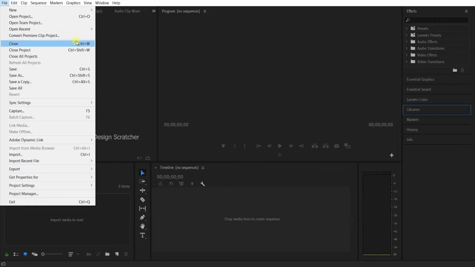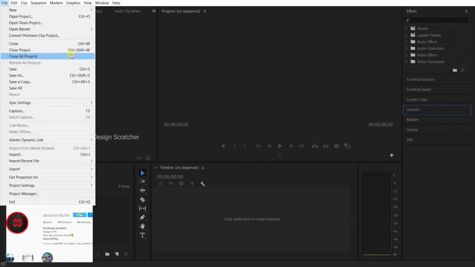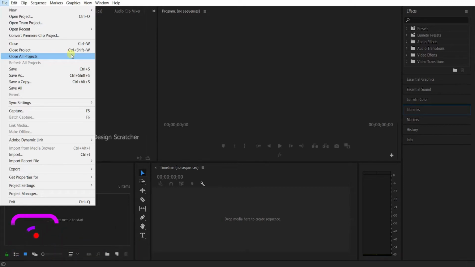Okay. Then close, close means Control W, already for Control W and closing project also closing. Close all projects. If you have many projects will be open, all projects suddenly totally will be closed, means closing all the same. Save we already know. Save means Control S. We save. Save as means already saving. Otherwise, I can change for the saving file, means Control Shift S means shortcut for the save as and save for copy. Same copy for other files. Control Alt S means save all. This is kind of already know.